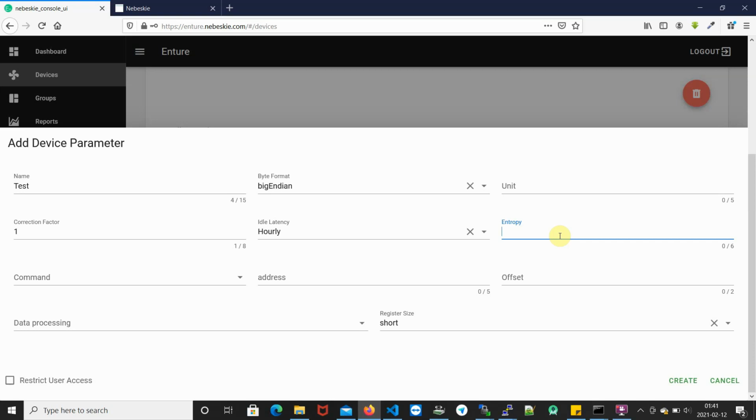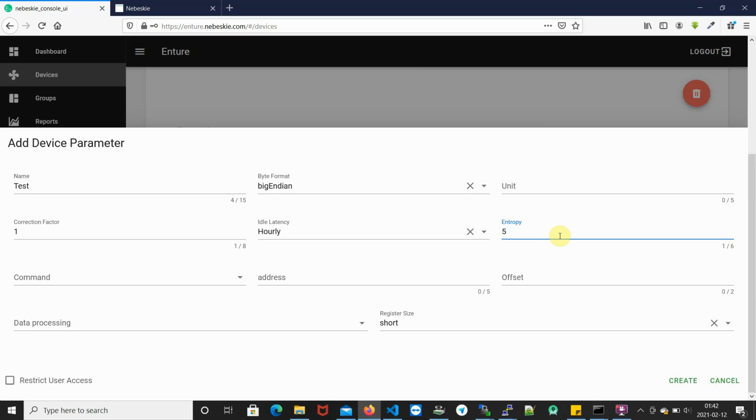If we do want to monitor these kinds of minuscule changes, that's where we put the entropy as 1. Suppose I don't want to have that granular an approach to data, I'd be going ahead and saying that if there's a change of 5 in the voltage, I'd record it. In that case, I'd put an entropy of 5. So it will only record when it reaches 235 or 225.